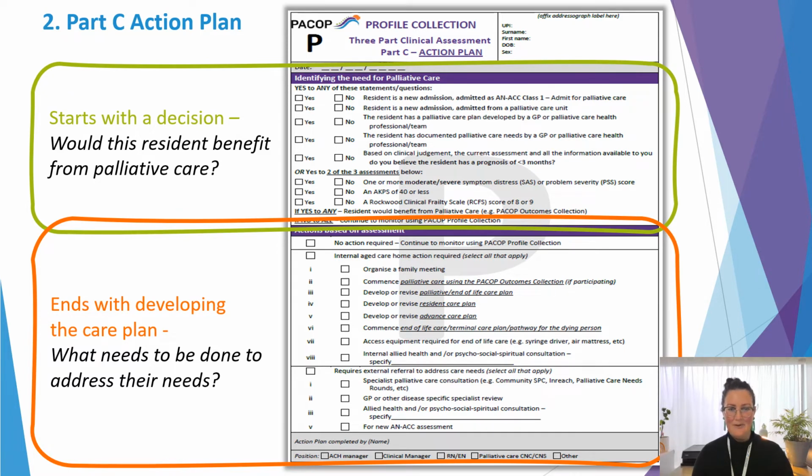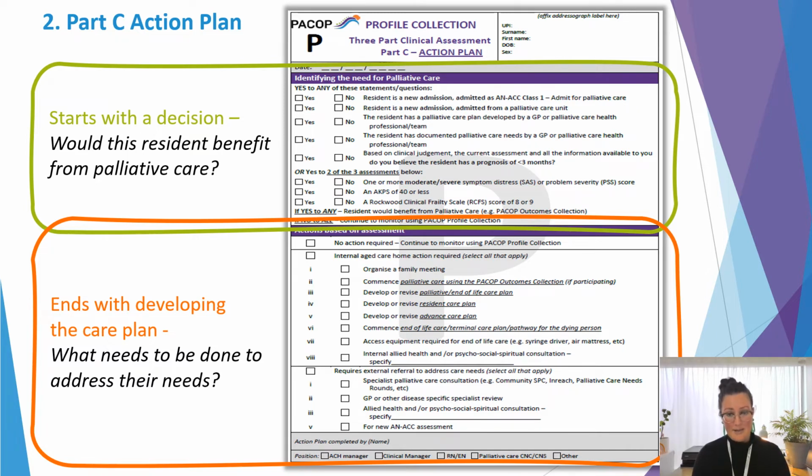The second step of the action plan is about internal aged care home practices. So maybe they need a referral to the palliative or end-of-life care plan. We can start those discussions. Maybe they need a family conference. Maybe they haven't had an advanced care plan made and we need to make one for our resident. So this really forces us to consider their condition with our organisational policies to make sure that we're meeting their needs and addressing them